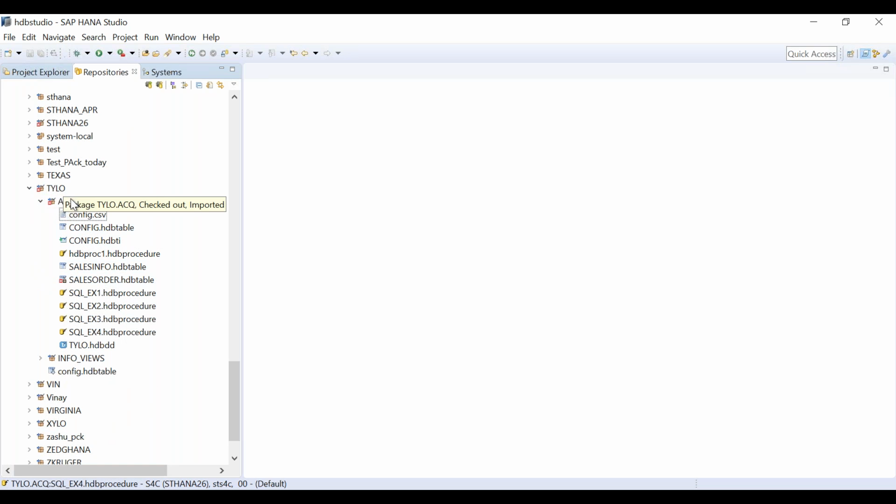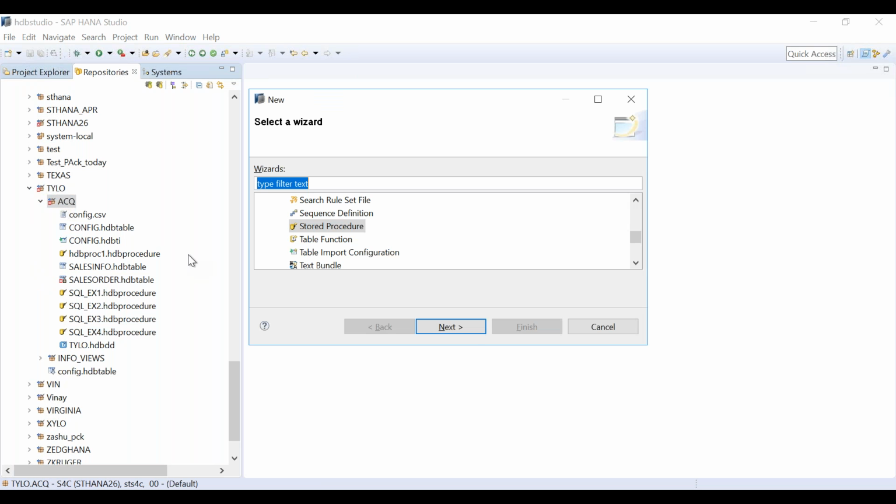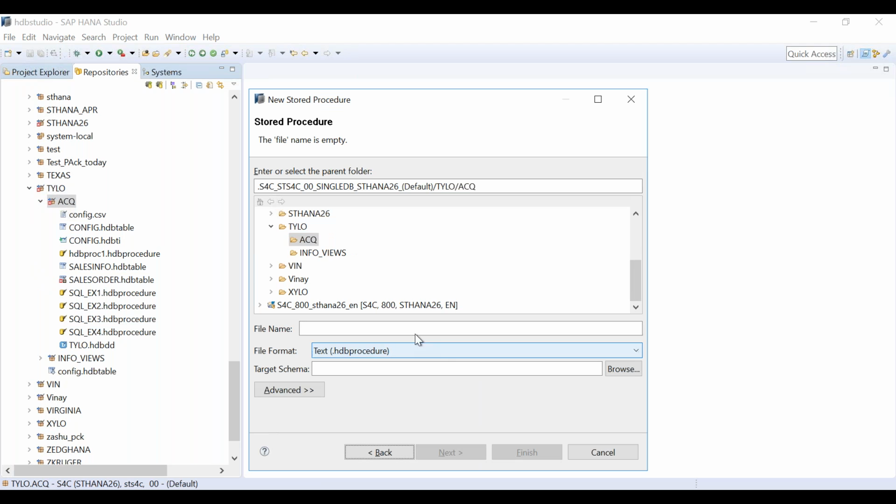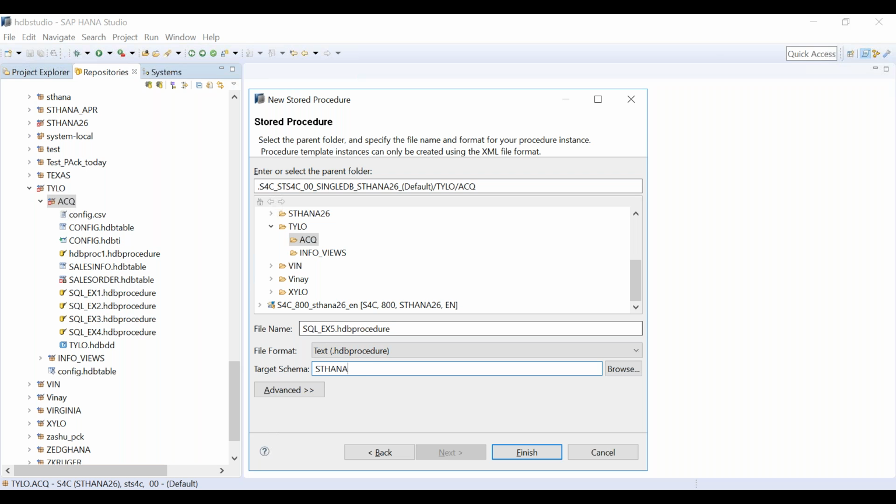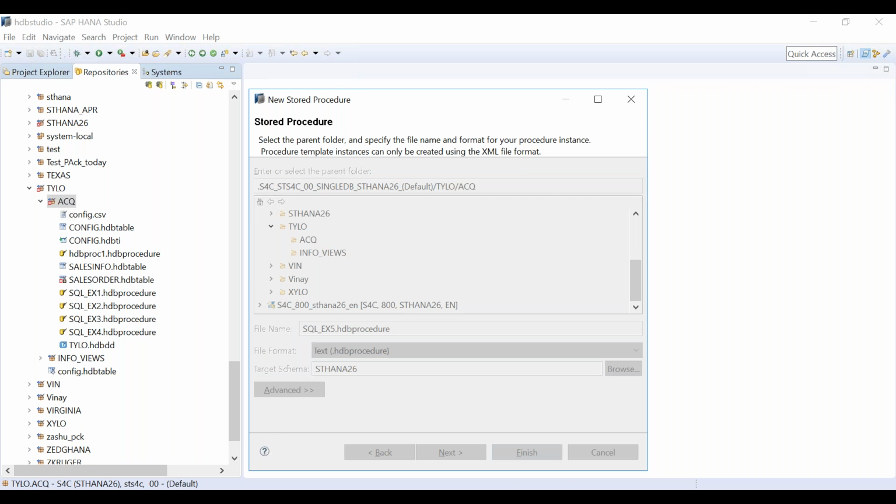New, other, stored procedure, SQL underscore example 5. What is my target schema? ST HANA 26. This time I will not make the spelling mistake. Click on finish. Done.